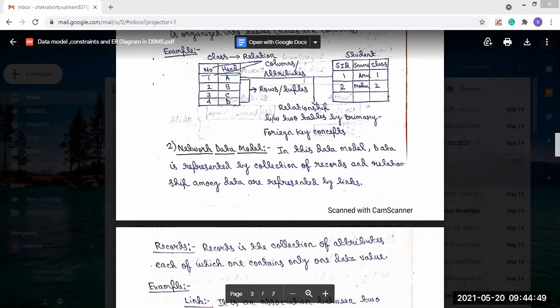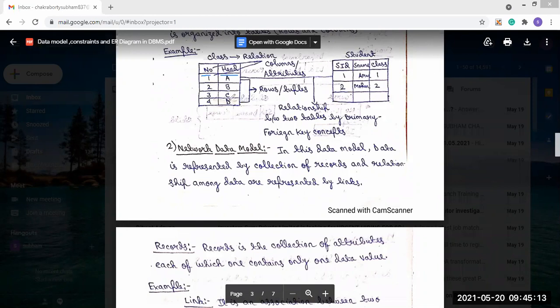Here, class is the relation name, and we can say class is a record because it contains two attributes, number and head. But you can see that in each attribute only one data value is present.